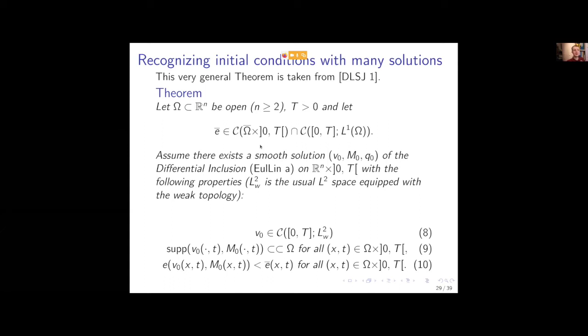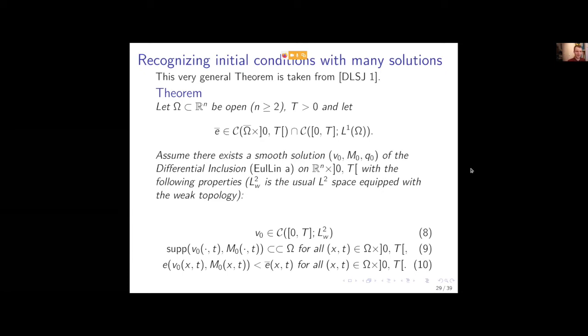Then there exists a smooth solution of the... Sorry, smooth is wrong. This should be weak. No, wait, sorry, very wrong. We're still in the assumptions. So you take any function like this, e bar, and you assume that there is a smooth solution of the